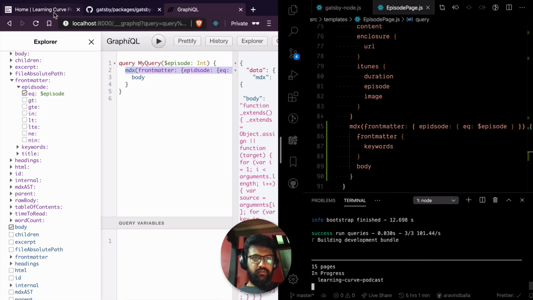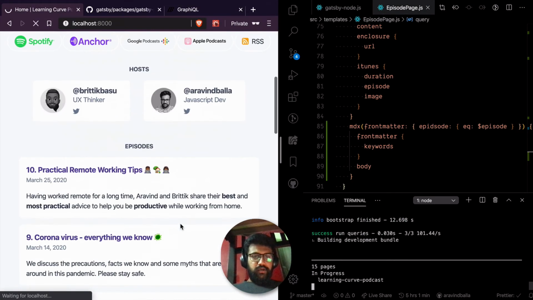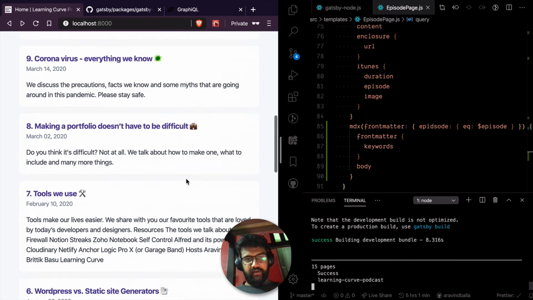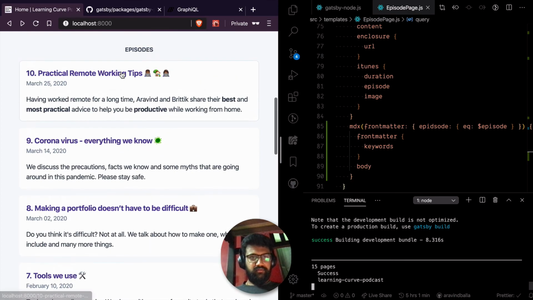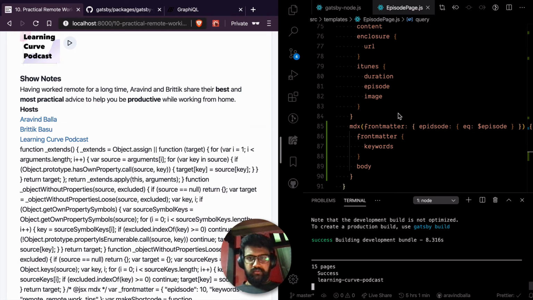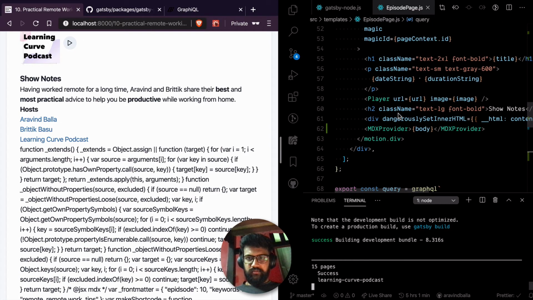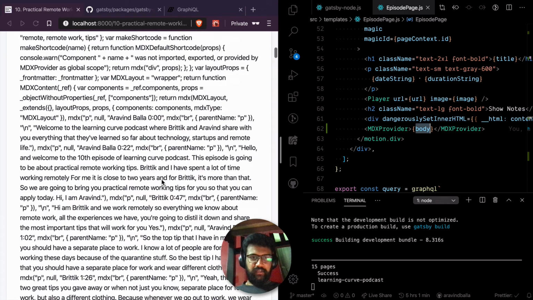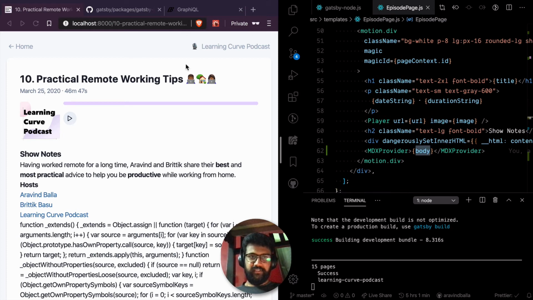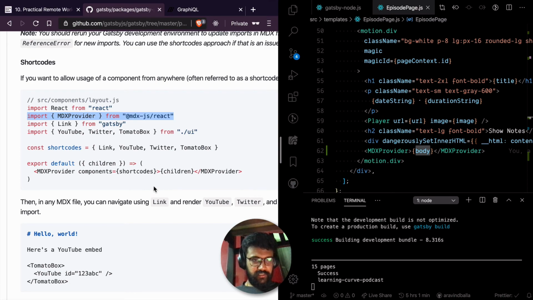So 10th episode, this page should have what happened? Oh god. I thought this actually has it, but I thought MDX provider would render the markdown which gets converted to HTML, but that doesn't seem to be the case.